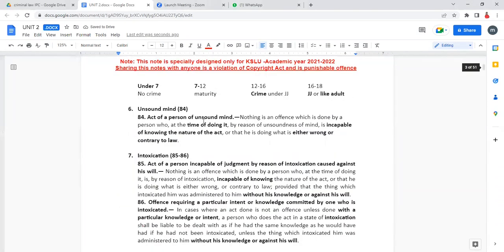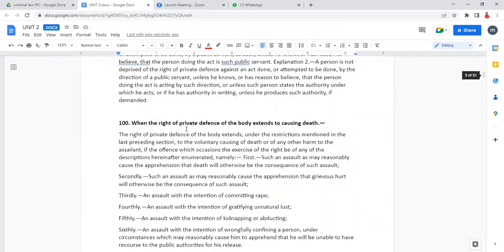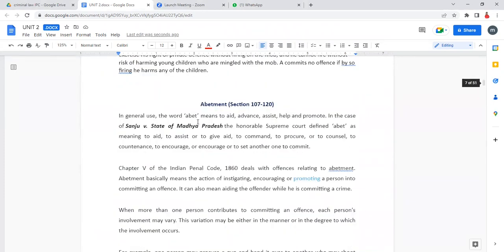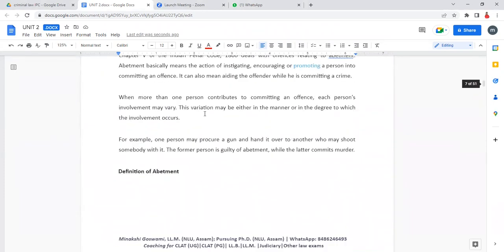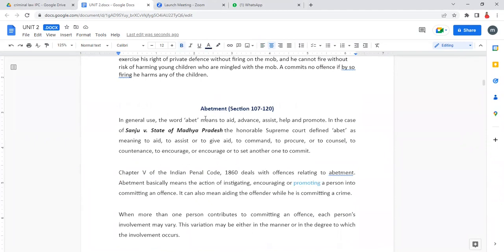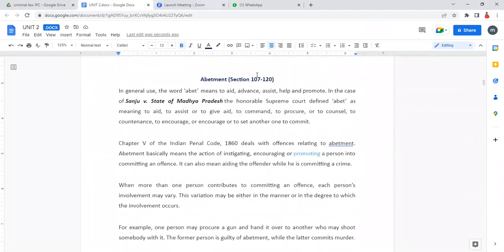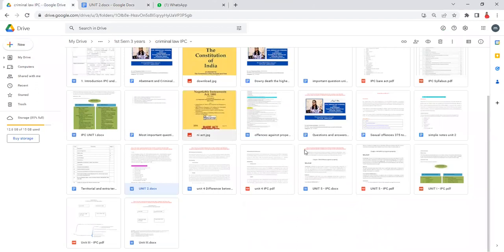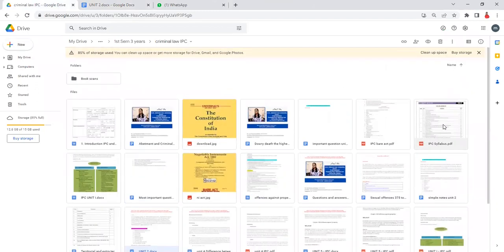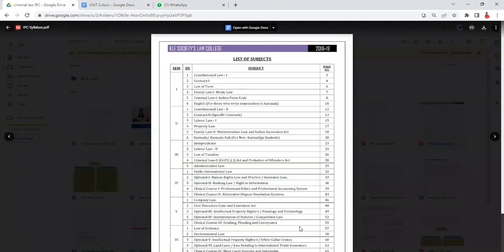So from Unit 2, we discussed the general exceptions, which is that even though the elements of a crime are being satisfied, there are certain situations wherein a person can escape the liability. Apart from that, we have another concept called abetment. Now, if you remember, from Unit 1, we had something